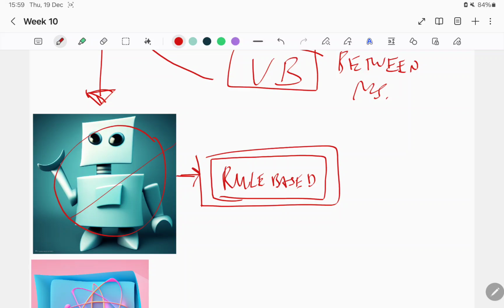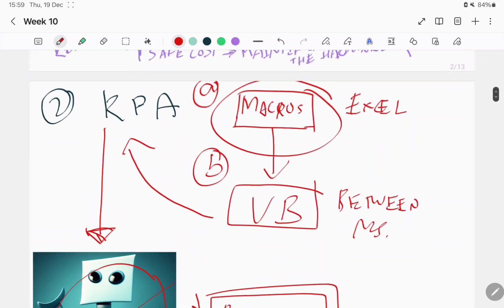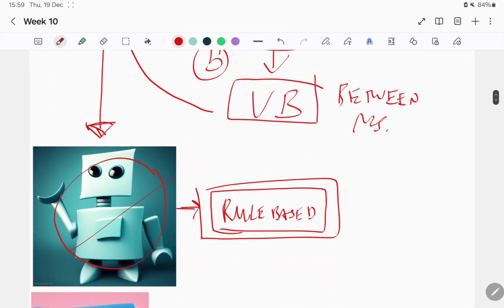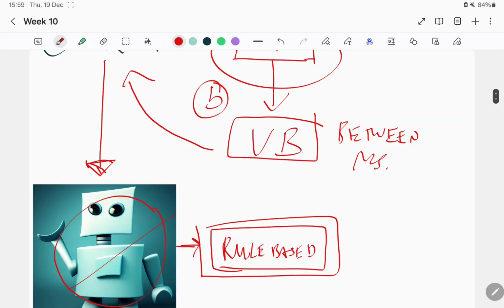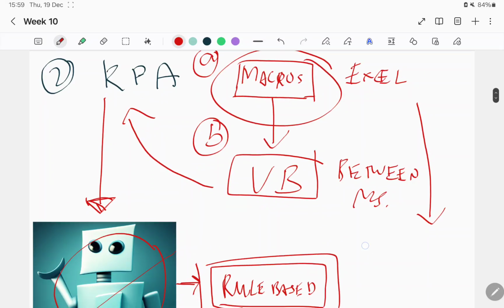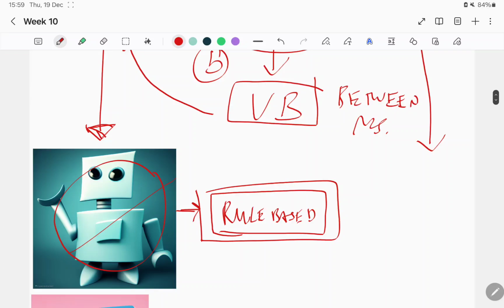Let me see. So this is the RPA. Up to here, basically we still need some intervention of human up to this stage. But when it comes to this RPA, you want to reduce the intervention to the system. You know what intervention is? Like you don't go and touch the system.